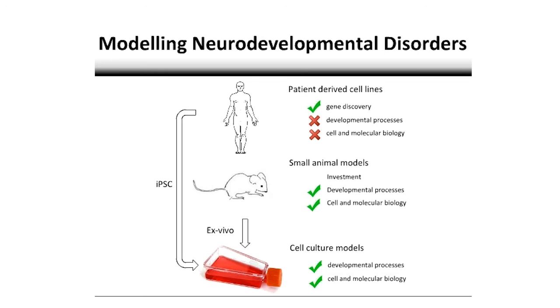Another system is to actually take cells out of the developing mouse brain and culture them in vitro. And this is something which I'll touch on throughout my talk. I find this system a very useful way to study in a quite quick and economical way. Once the cells are taken out of the mouse, they still have the developmental potential. They still differentiate and undergo processes in the dish that recapitulate brain development. And because you've taken them out of the mouse, they're very easy to manipulate, which means that we can assess the effects of genetic change quite easily.